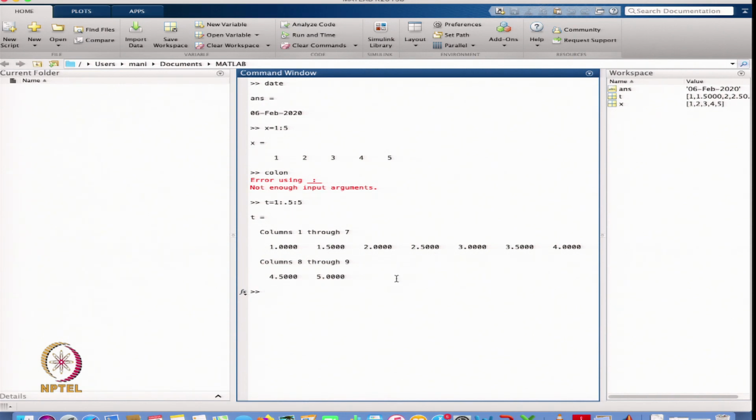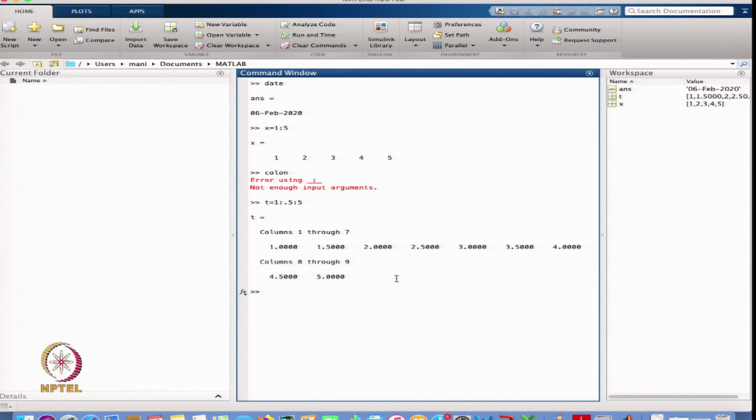This is used to create a mesh whenever we are plotting some function, because we are dealing with numerical computation. There are two types of computation, numerical computation and symbolic computation. In MATLAB at present we are dealing with numerical computation, which means whenever I want to plot a function, I have to take a grid on the x axis, and similarly take the vector of values of the function at these grid points, and then we are able to plot the function.